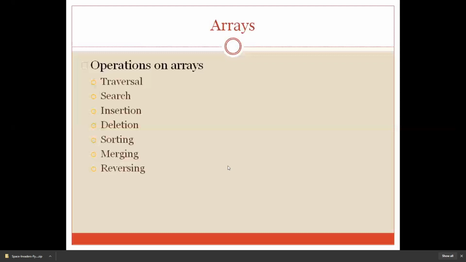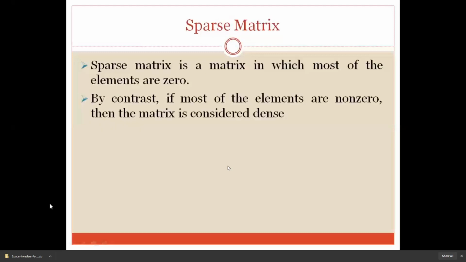What is a matrix? Can anyone give me the meaning of matrix? Tell me the answer of this question. Matrix is nothing but you are representing it in a two-dimension array. Am I right? True or false?